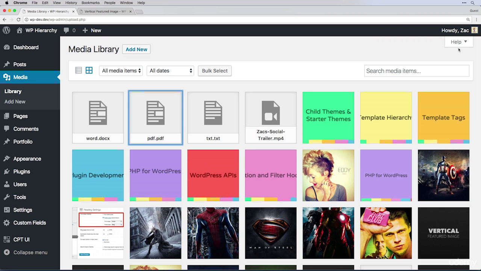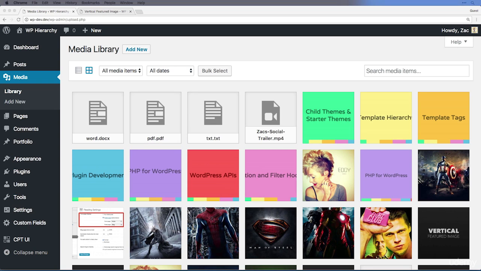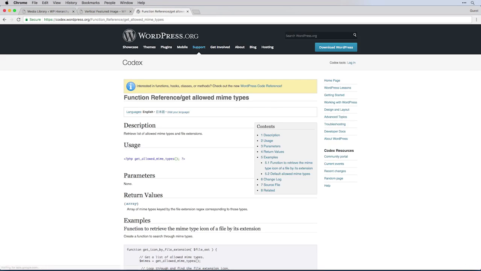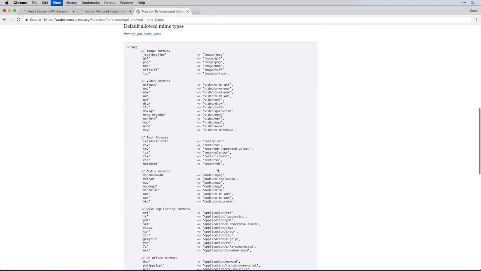So actually, we don't really need to create one of these, but you can imagine it would be the exact same process. So you could save it as plain, which is going to be the higher, so you would name it text.php, and that would work for all text files, or you could do plain.php, and that would be for actual TXT. So rather than code out more of these at the moment, what I'd like to do is